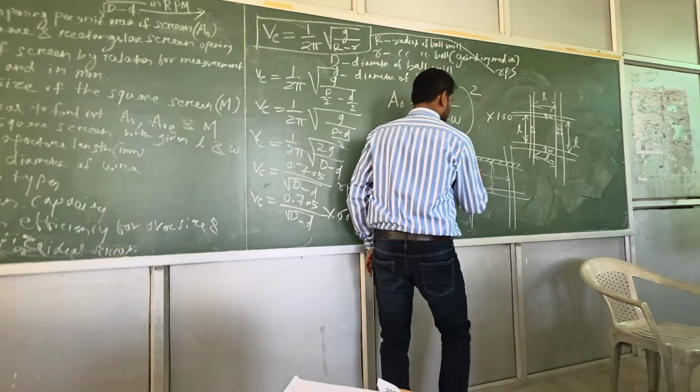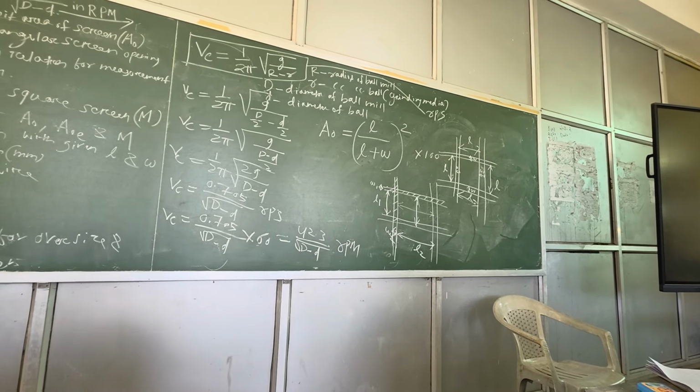Suppose I am writing this one, this is W1, in this direction I am considering. This is L1, and this diameter is W1. Similarly, in this direction, this is for example L2, length 2, and this is for example W2. Done. So your expression will change now.